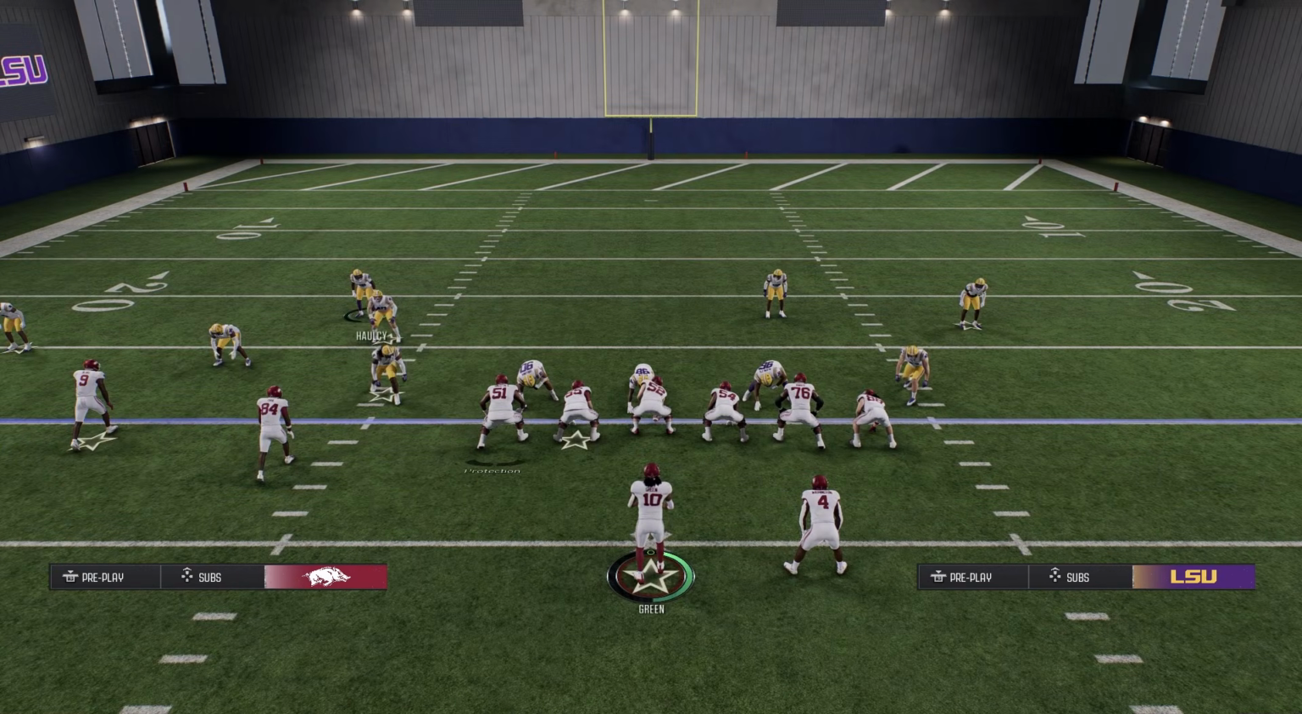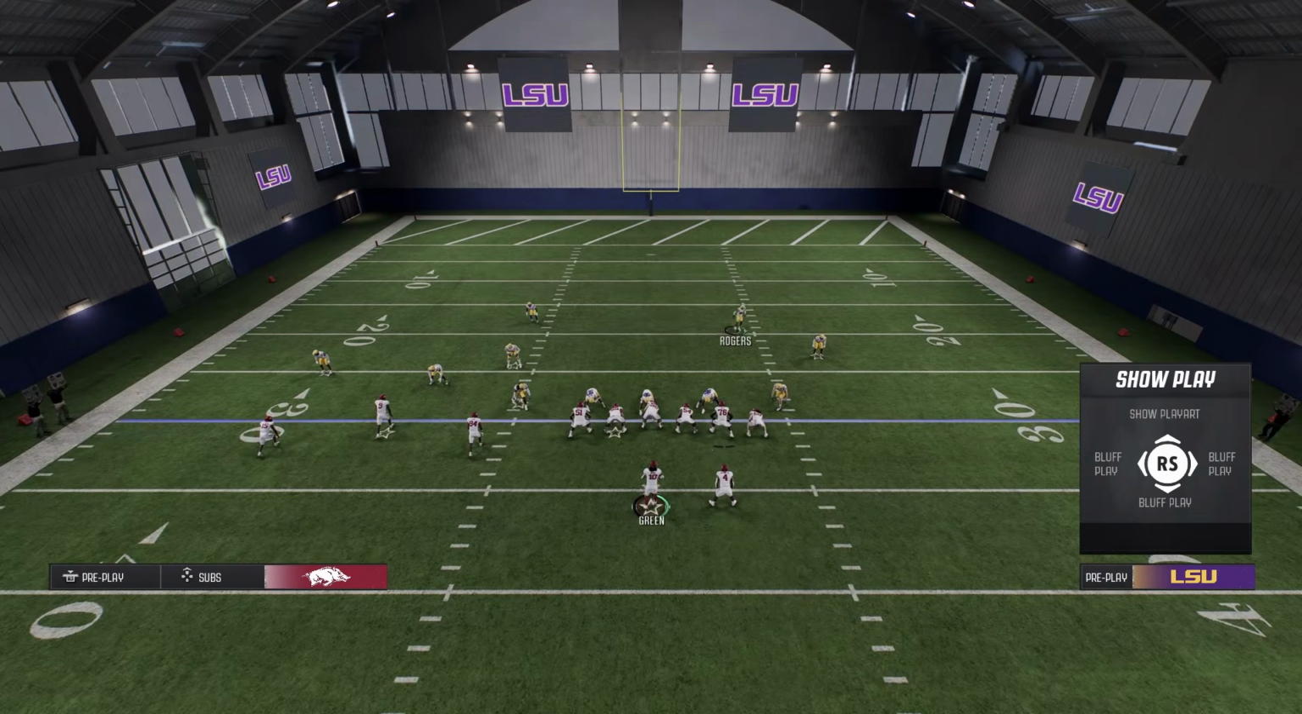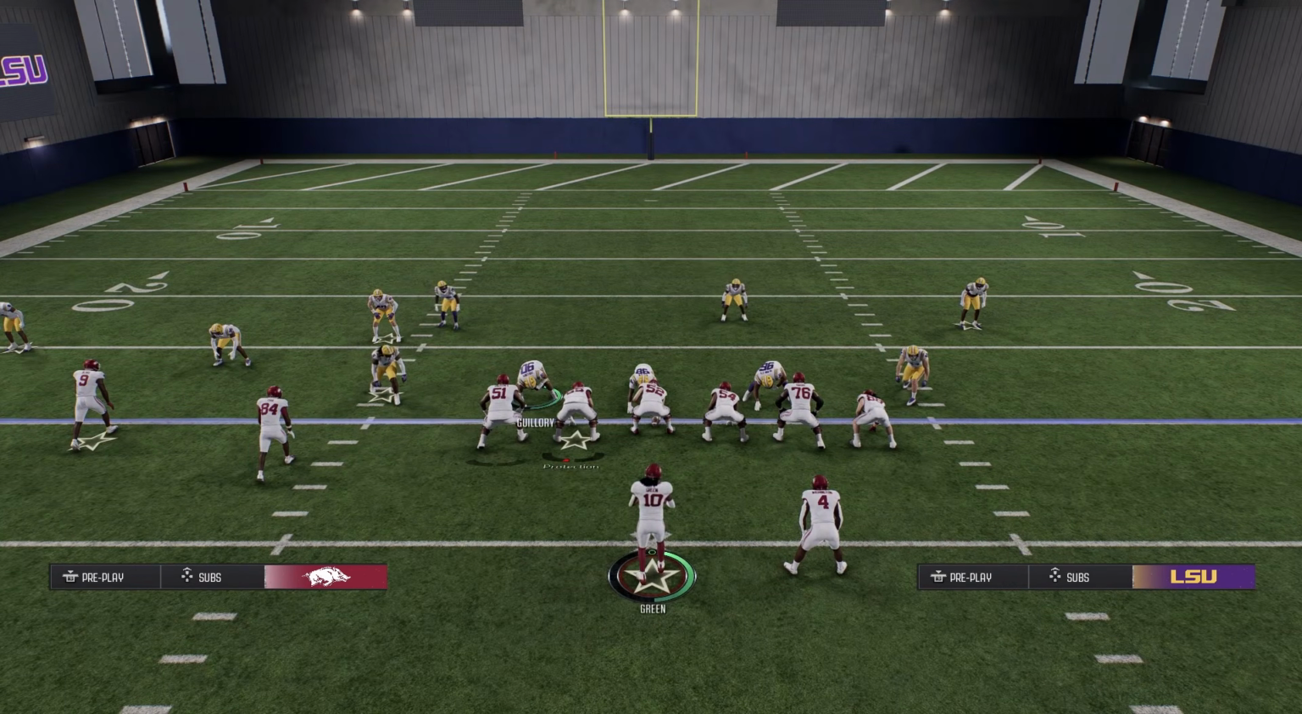Now, as you can see, look where my safeties are. Normally, they're going to be all the way back here if you don't touch them. But since you put them close, they'll be close. And since you put them pinched, they'll be pinched. What the pinch is going to do,